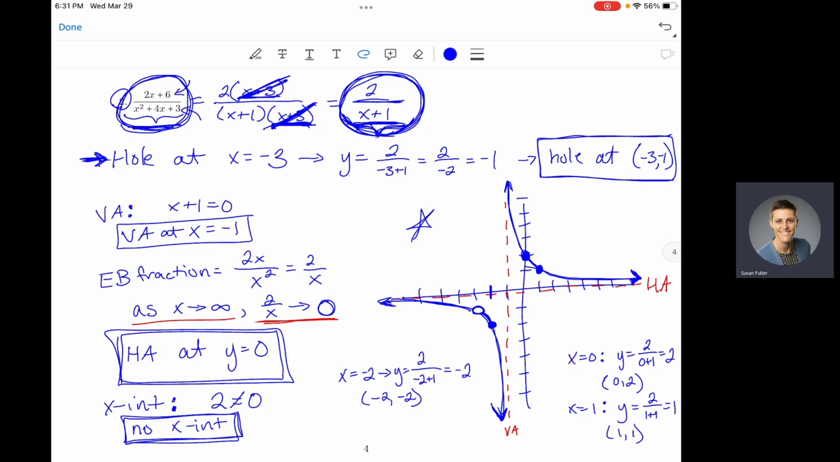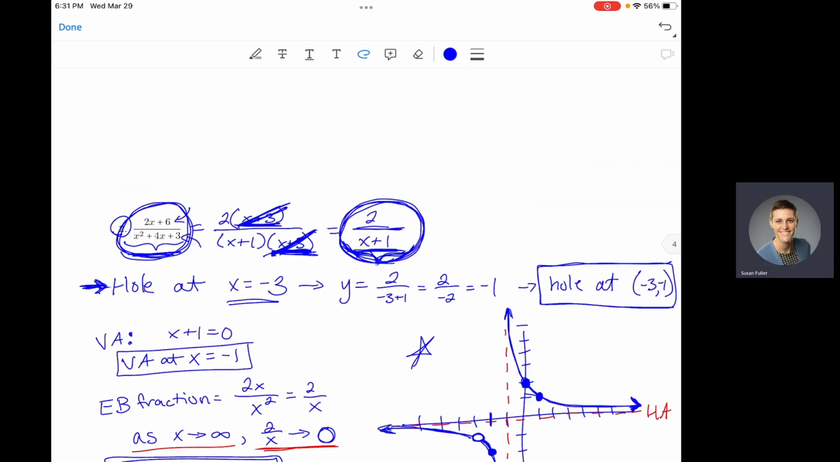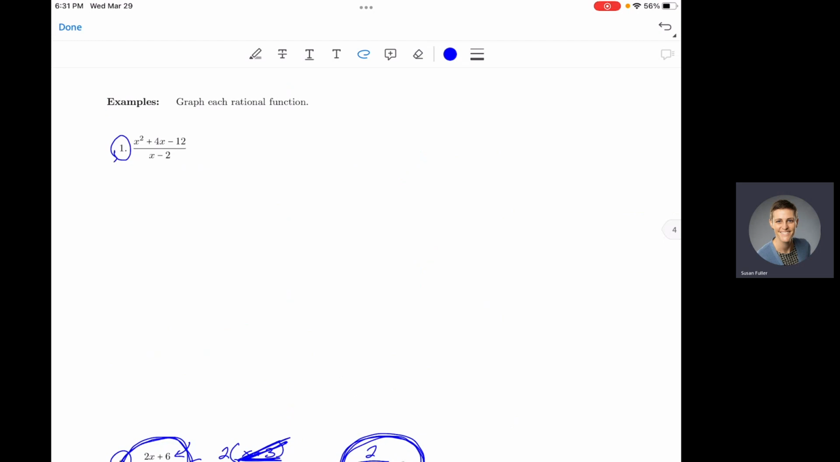But our function does because of this extra x plus 3 factor. So the holes don't actually change the shape of your graph. They just poke a hole at the x value here. So with that in mind, let's come back to number 1, and we'll do this the way that